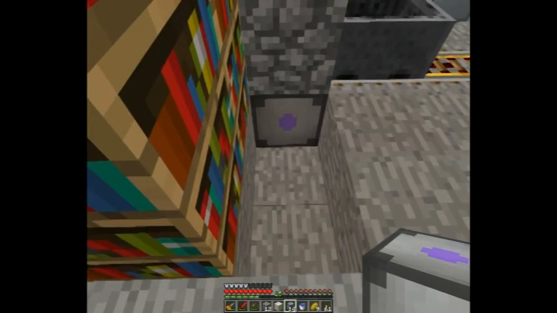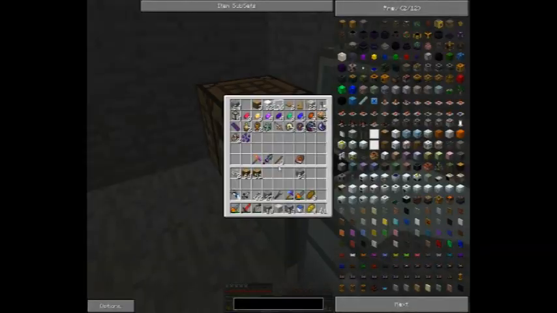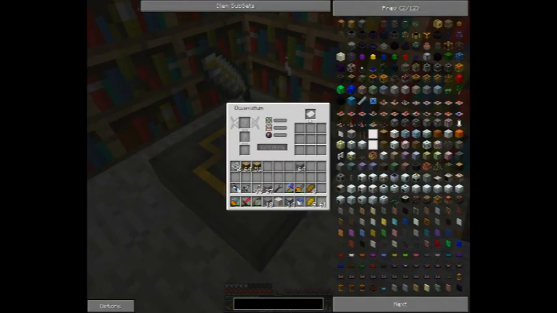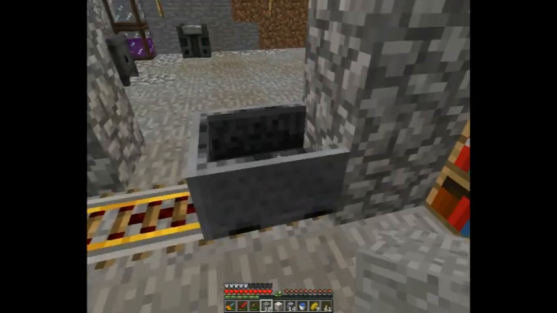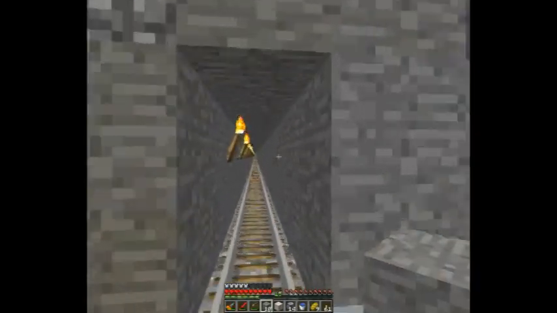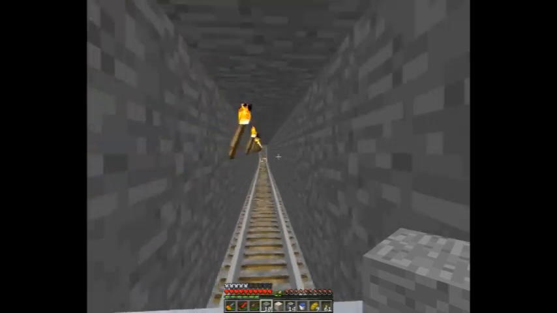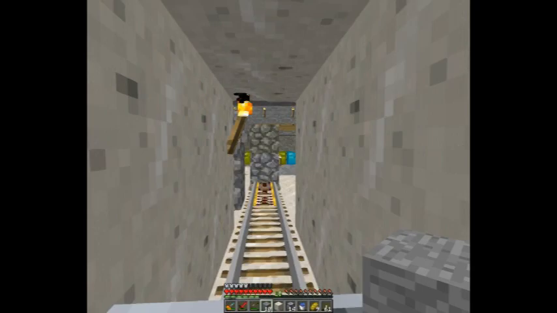So I need a couple of bits of smooth stone. Perfect. Alright, got no paper. Okay, sod it. We'll put that into there. And so that should always stay loaded now. My house should always stay loaded. It's perfect. Okay, one more thing before I finish,